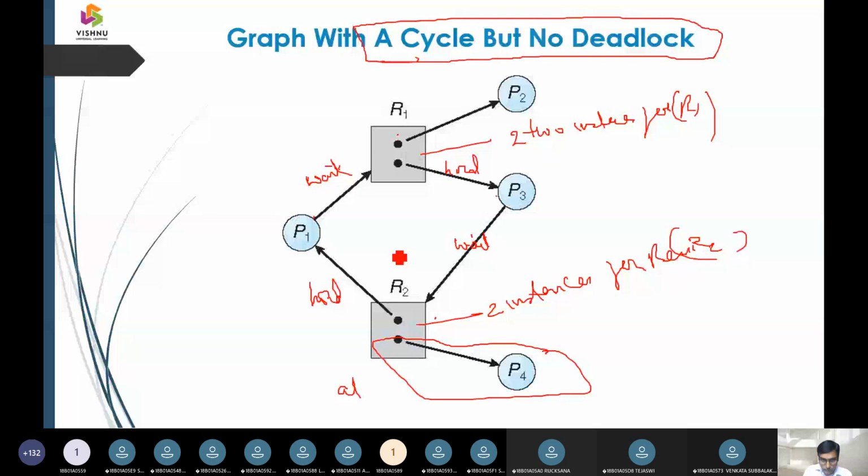At most one resource goes to one process, so mutual exclusion comes into the scenario.